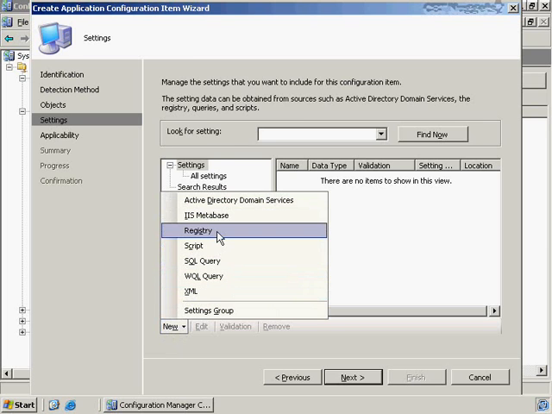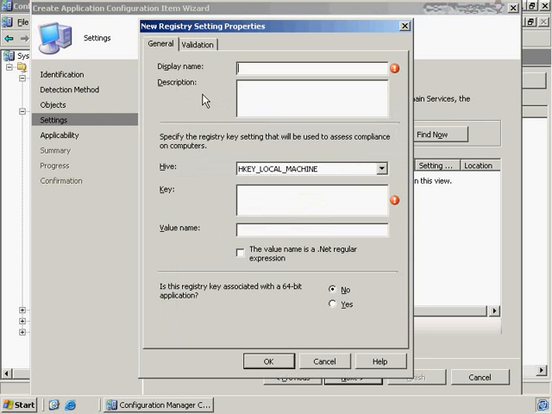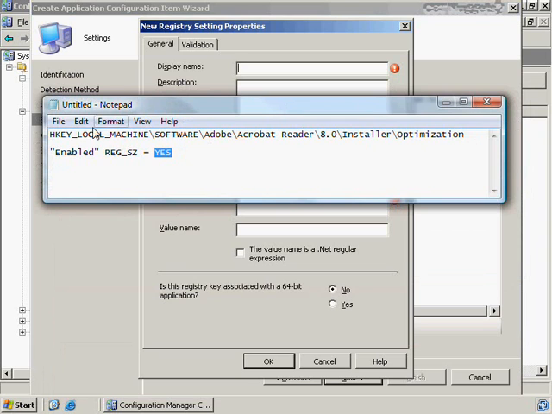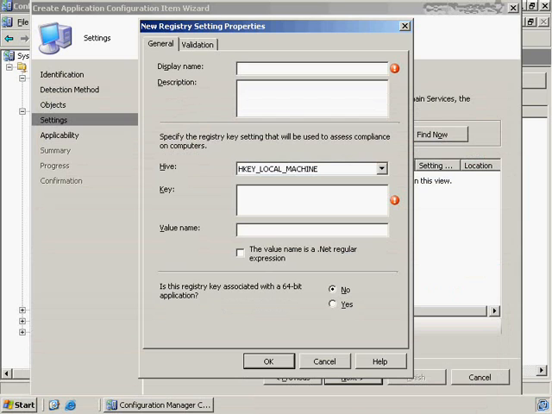In this case, we're looking for a registry key. And so if we click on the registry key entry here, what we're going to do is test to see if that enabled value is equal to yes. If I bring up my little notepad here, you'll remember that what we're looking for here is this key for the optimization key, and the value, the reg string value of enabled, equal to the three-character letter yes. And when that equals yes, we know that we have the correct configuration for our Adobe Acrobat instance. So in our case, let's create a display name,